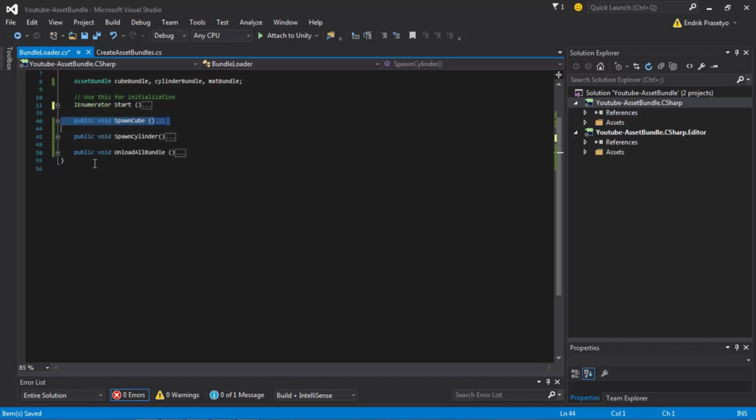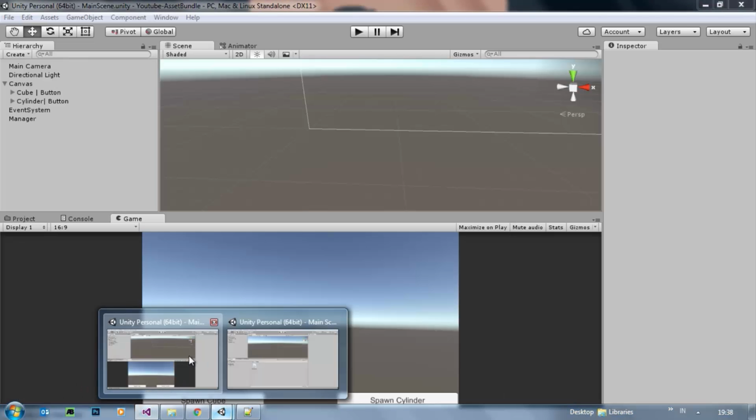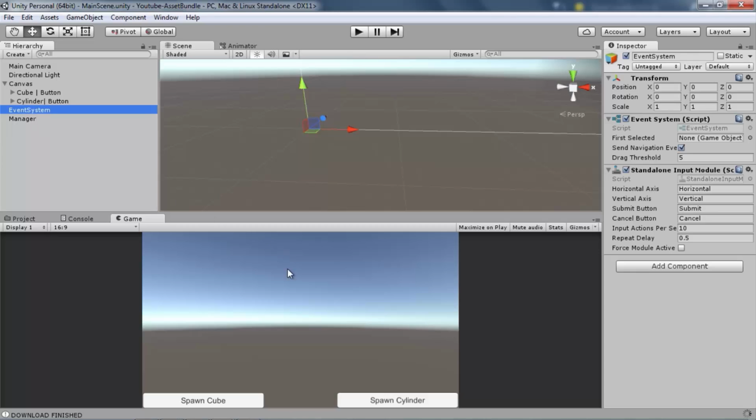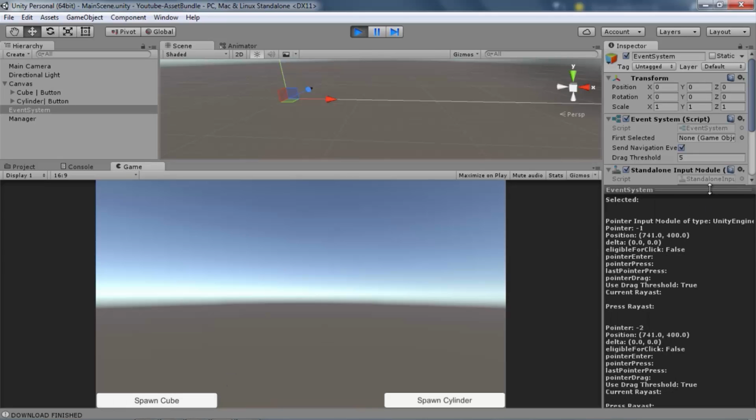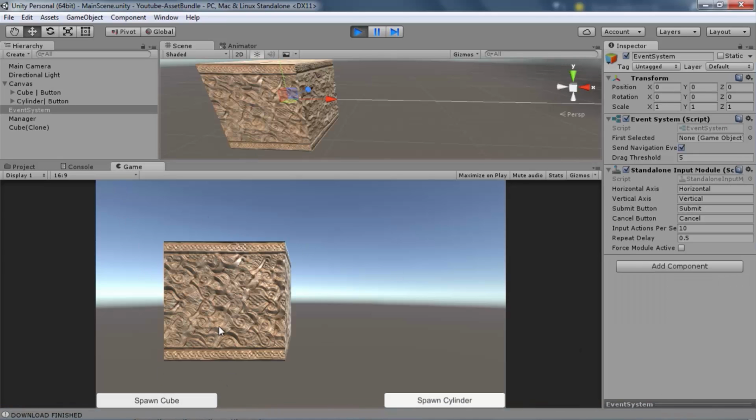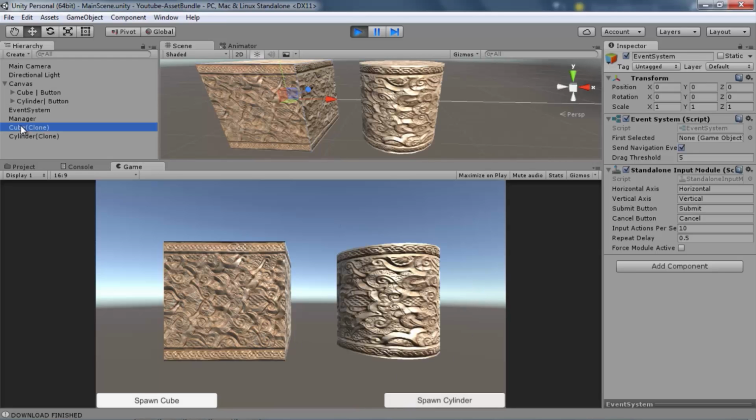Let's save this script and go back into Unity and let's spawn our prefab. Now we got our materials applied automatically.